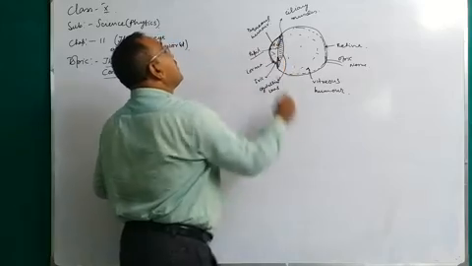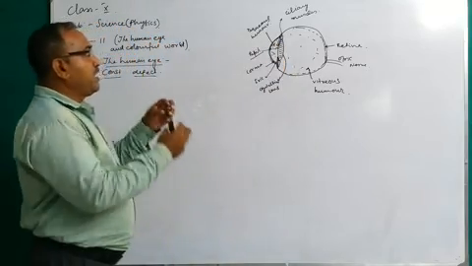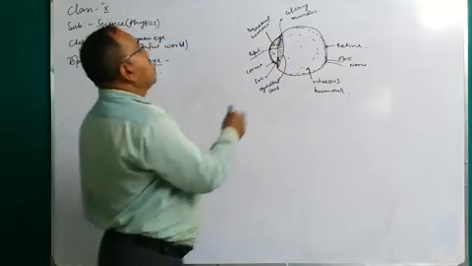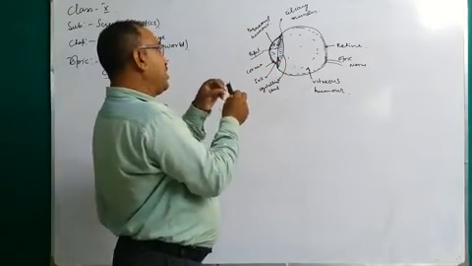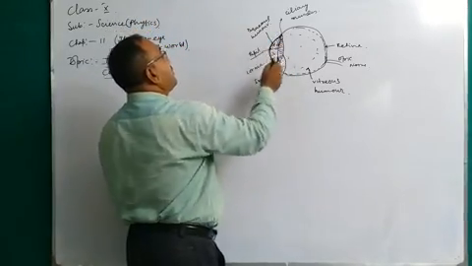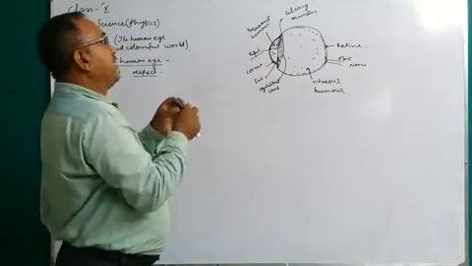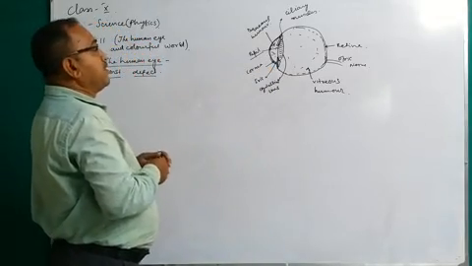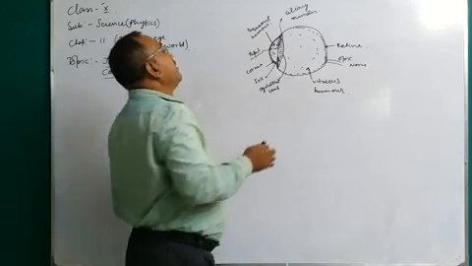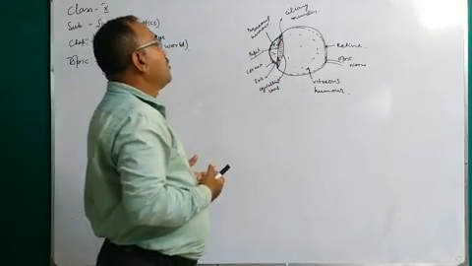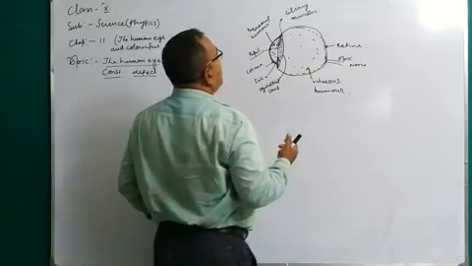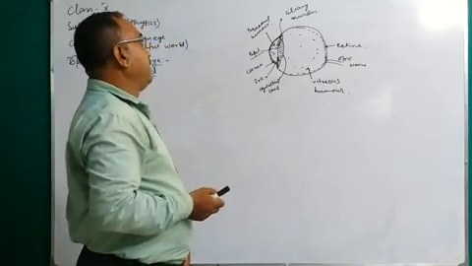This part is the ciliary muscles. So ciliary muscles hold the eye lens. And when the lens power decreases or increases, the ciliary muscles will be squeezed. Due to this repeated decrease or increase, after a certain time it will be tired. So we can see so many problems in the human eye.